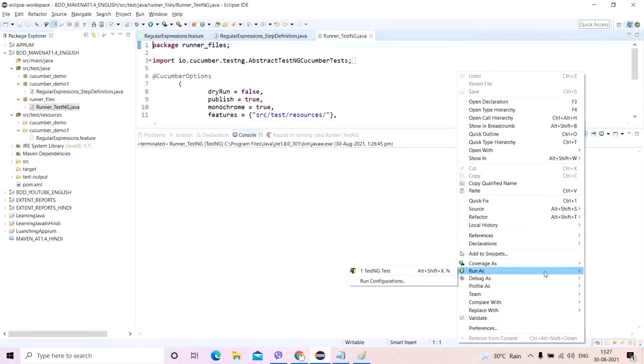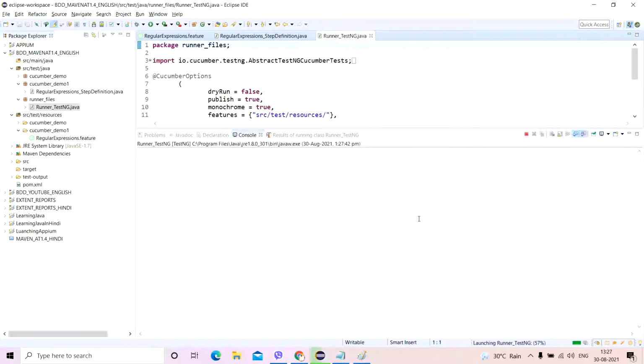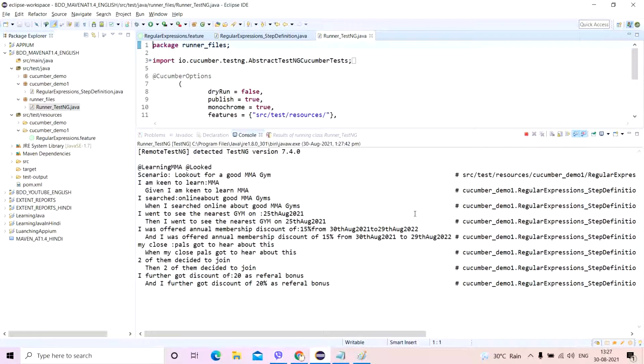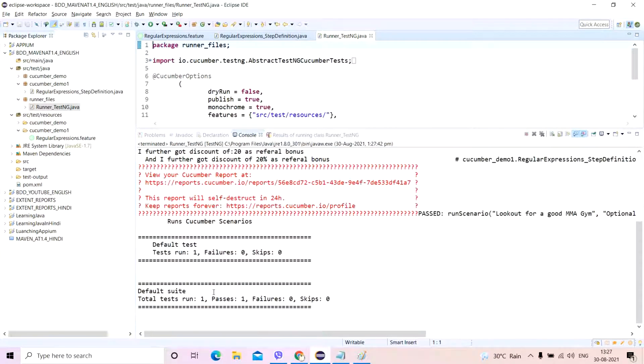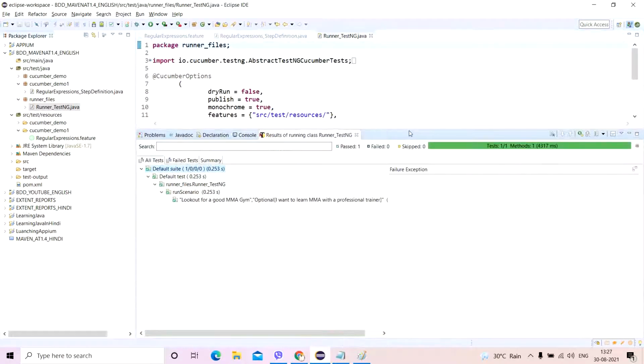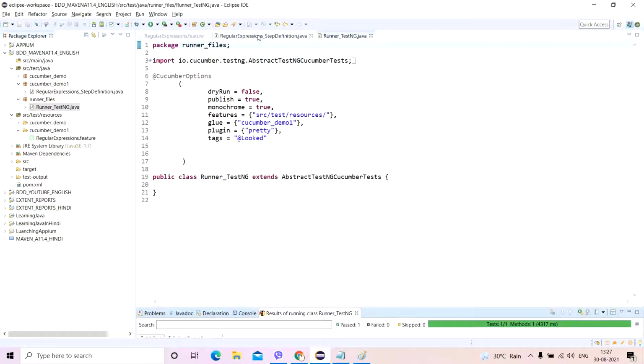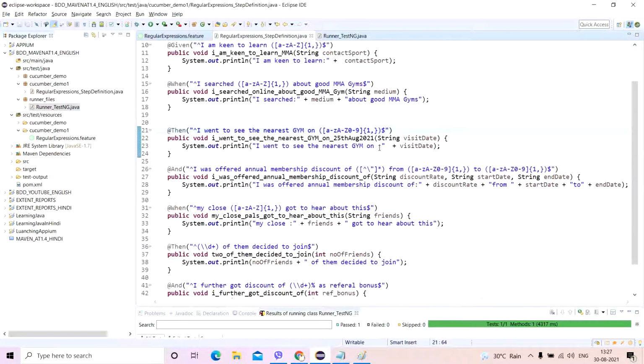Let's see the output now. Okay, it is passing. So it is a much better practice. Please make sure that you have your beginning, your end. Please be careful with the amount of spaces that you give within expressions, and exactly copy whatever is required to copy. Don't give extra spaces, and don't miss out on things.